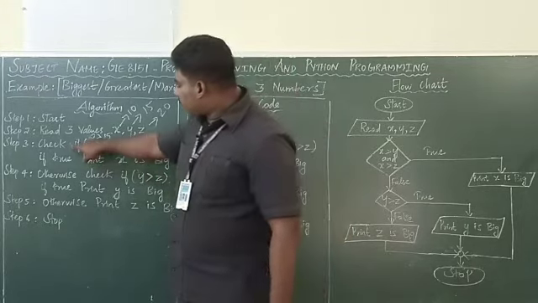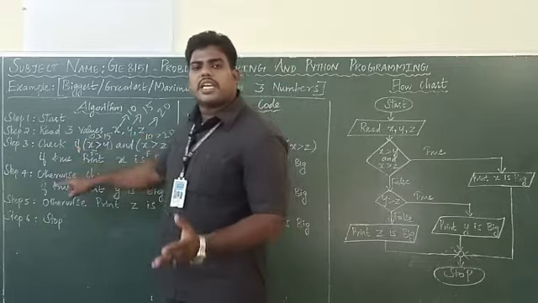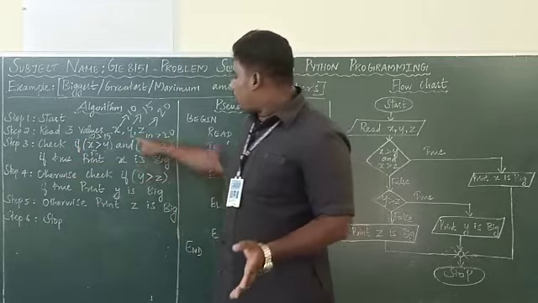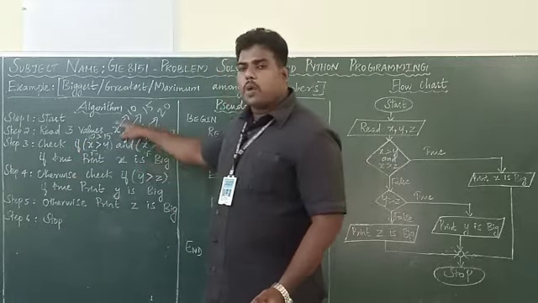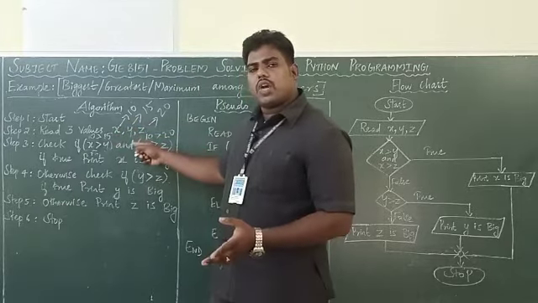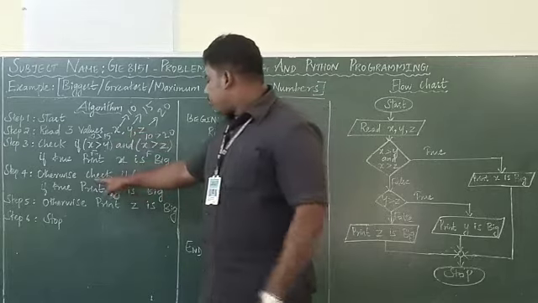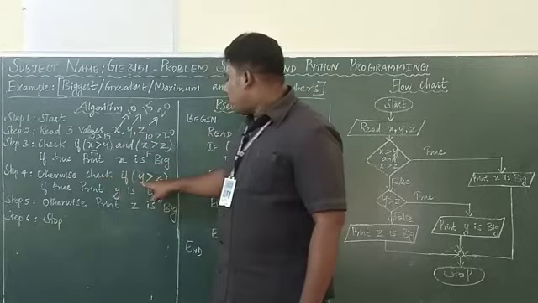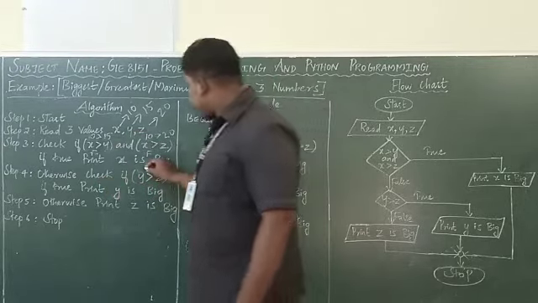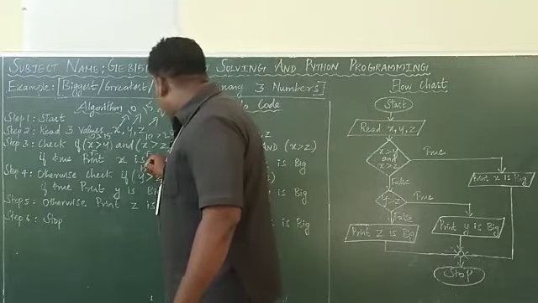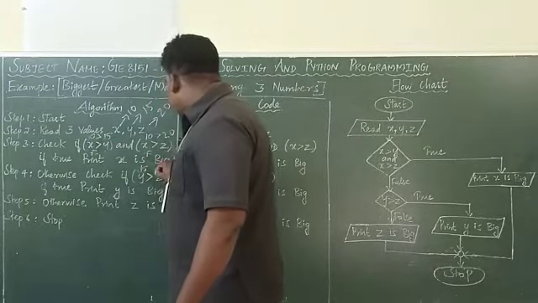Otherwise, if this if condition is false, I check another condition. Now you know the x value is small. So what other condition do you have to check? You have to check only y and z. So I am checking if y greater than z. What's the y value? 15. What's the z value? 20.